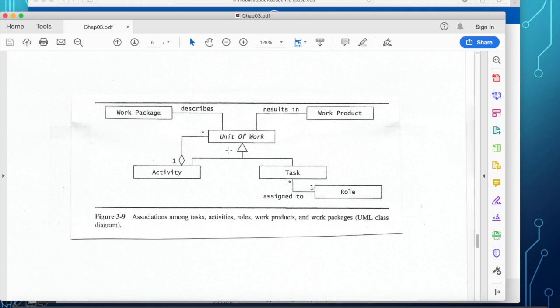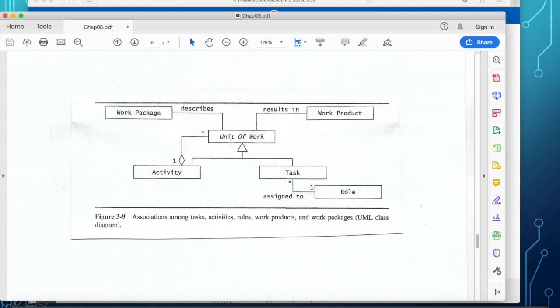Unit of work is a specific class of unit of work, and the task, of course, depends on your role. And the unit of work also communicates or sends results to the work product, and the work package actually describes the unit of work.